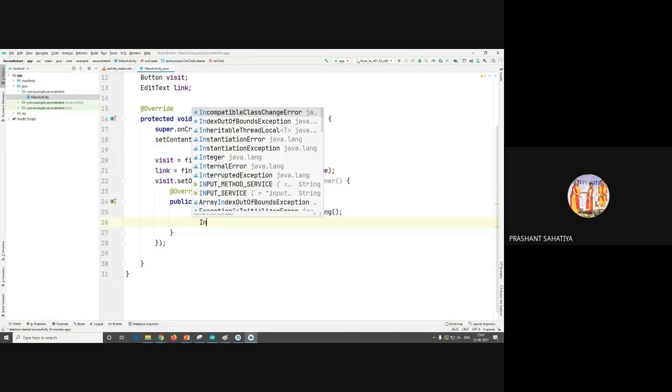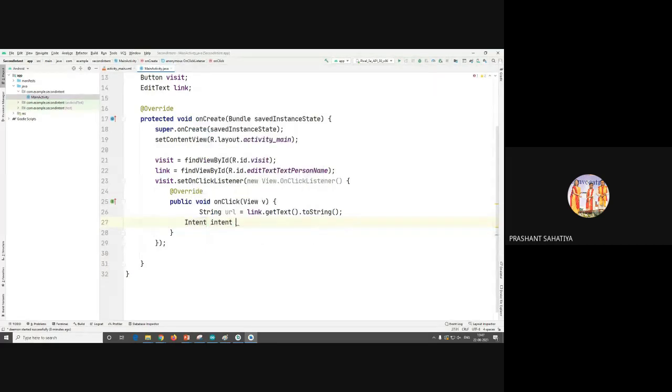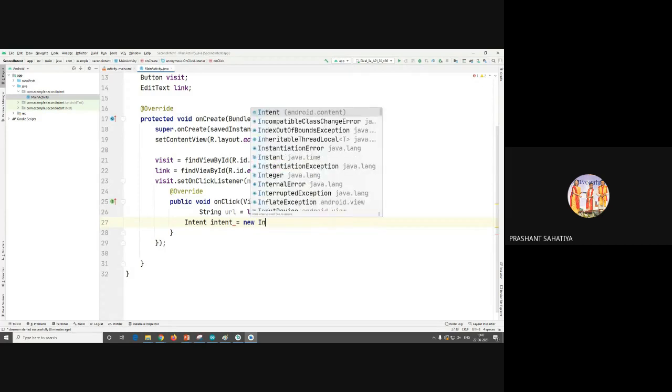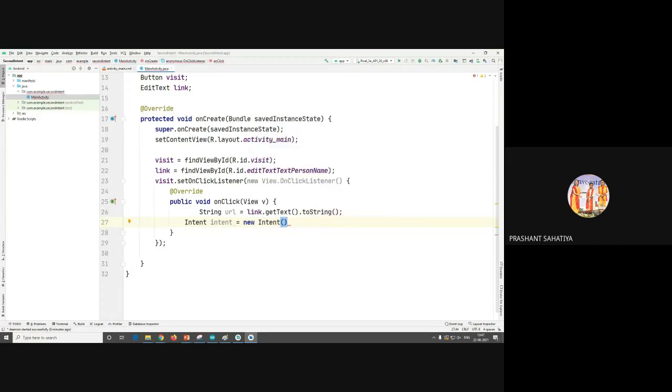Okay? Here I will start Intent, one object, new Intent, and now in this I'm not going to give source and destination because I am not sure what is the destination of it. Like it will be a Firefox, it will be a Chrome, it will be what, I don't know. So whatever installed browsers will be there, I will get a suggestion.